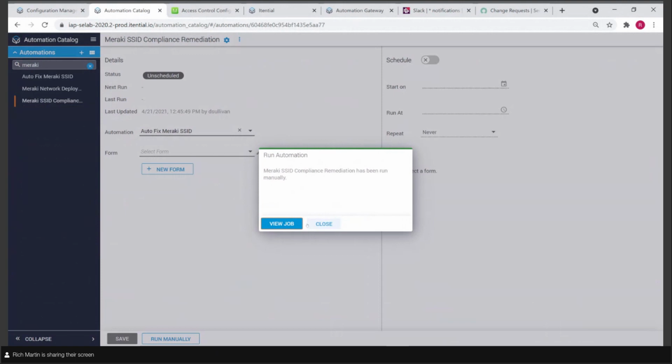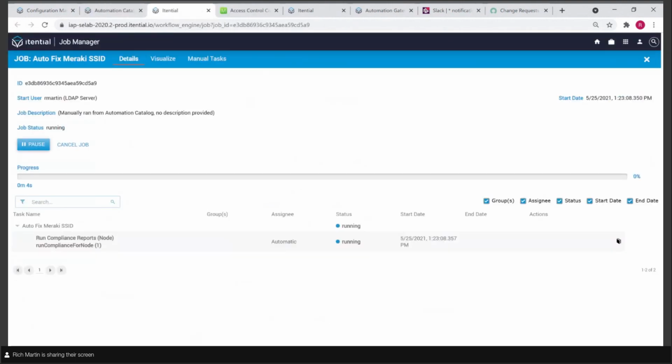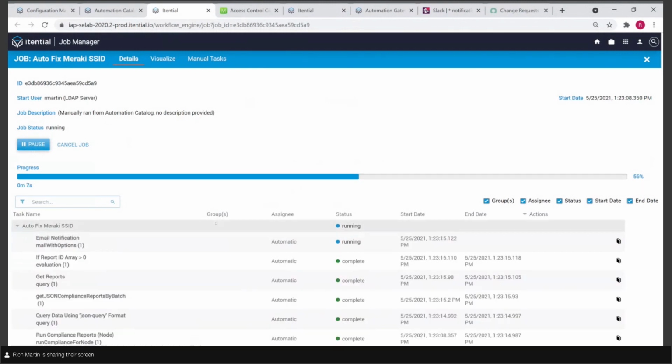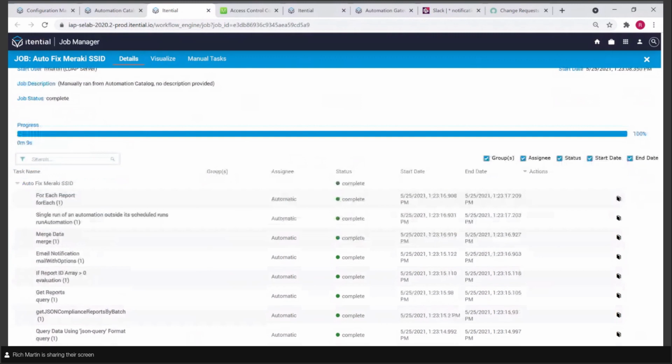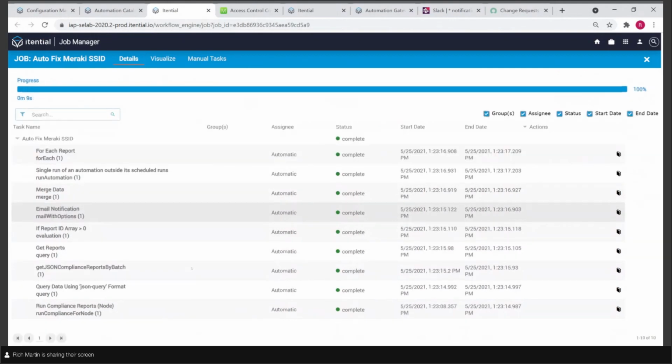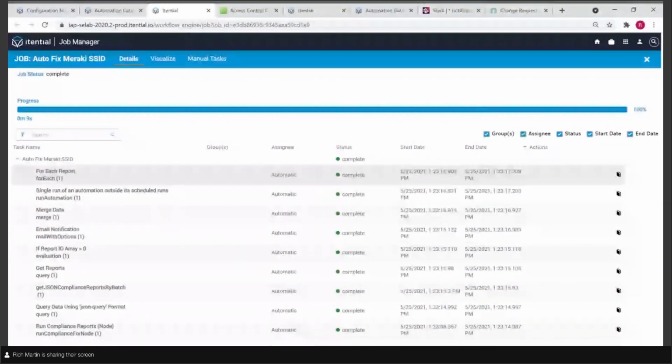it's going to kick off a job that's going to now integrate back into Configuration Manager and iterate over all those SSIDs, find those SSID definitions that are out of compliance by querying the Meraki controller, and then automatically putting them back into compliance again. So as you can see, this is already done. This job, the job manager shows us step by step. This has already completed the entire